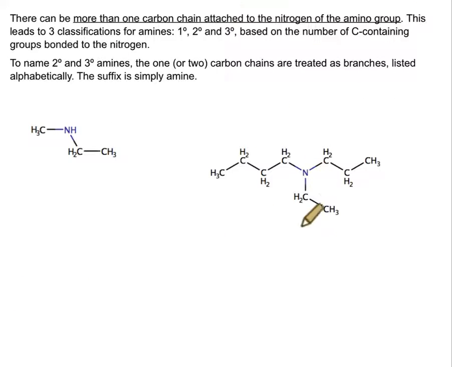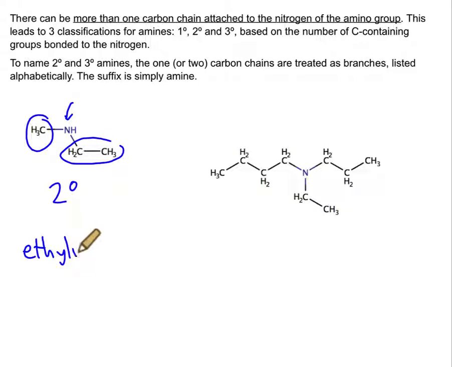Now, you can also have primary, secondary, tertiary amines. The examples on the previous slide were both primary amines. Now we have an example of a secondary amine. If you notice, the view of it is a little different. Here's my nitrogen, and it has 2 distinct R groups attached to it, hence only 1 hydrogen. So that's a secondary amine, and to name that, we just look at the branches and list them alphabetically as alkyl branches. So this is ethyl, methyl, amine,